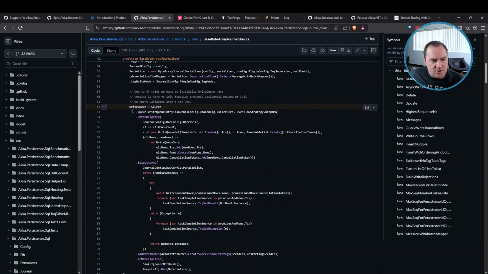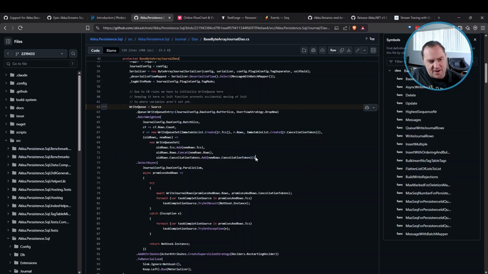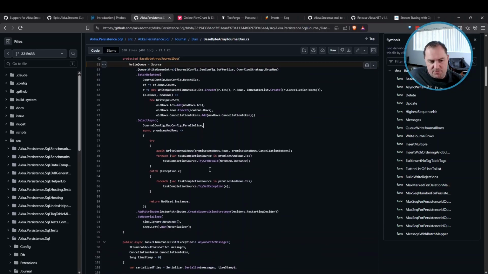So what we're going to do here is create a Source.Queue. We're going to do BatchWeighted, where we're going to basically specify a transaction size, and we're going to aggregate rows together into a set. And then once one of these sets is emitted, for every degree of parallelism we support here, we're going to go ahead and basically create a promise per row. We're going to write these journals to SQL, and then we're going to communicate the errors back